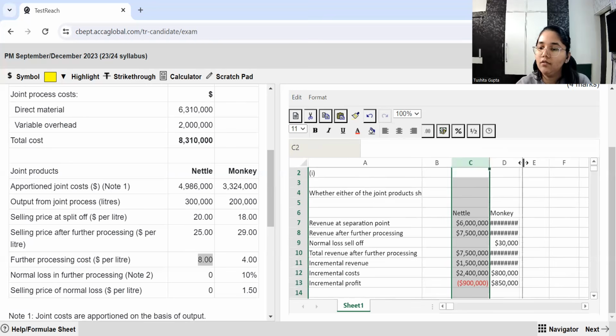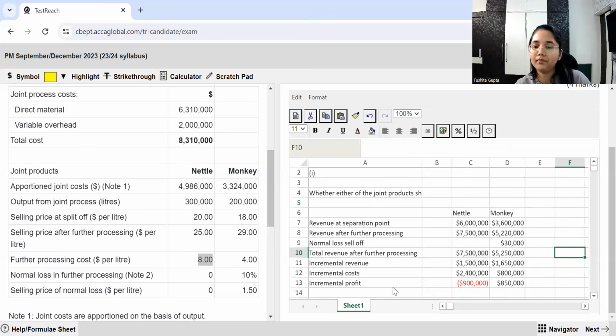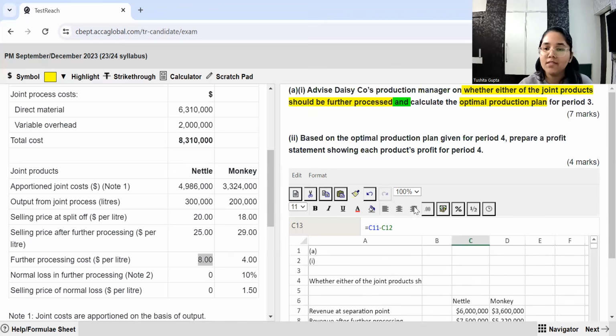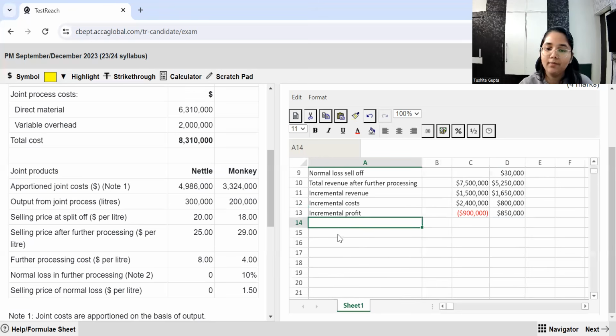So this is how it will look. So this is my incremental profit, and 900,000 is in a negative figure, which represents my loss. So what advice will we give them? We have to give them the advice, right? So the advice will be